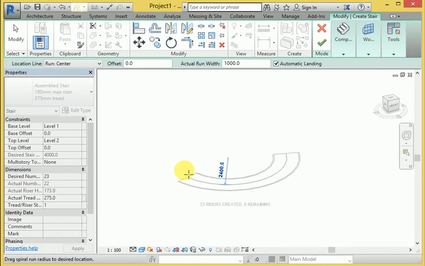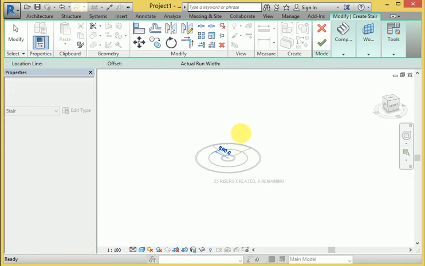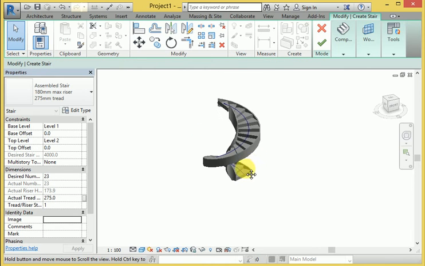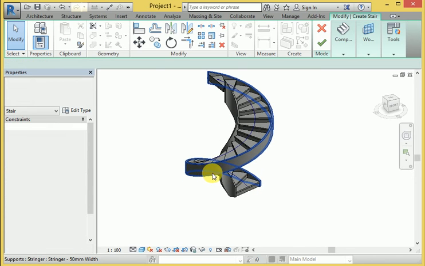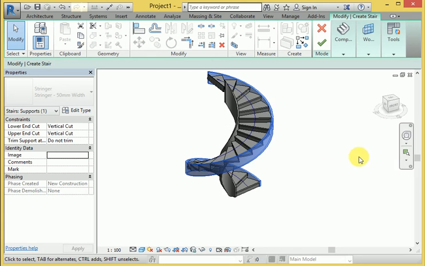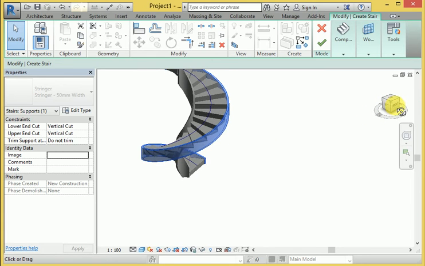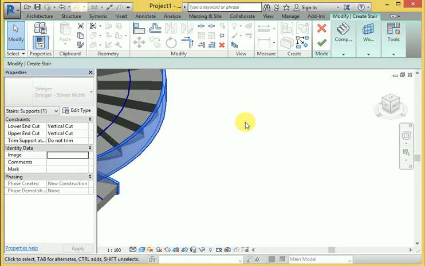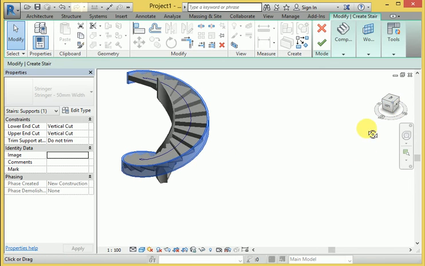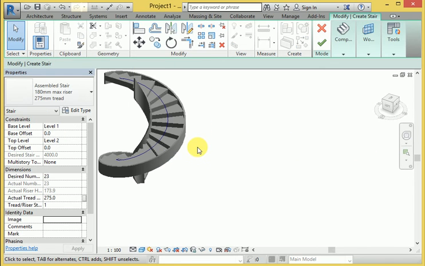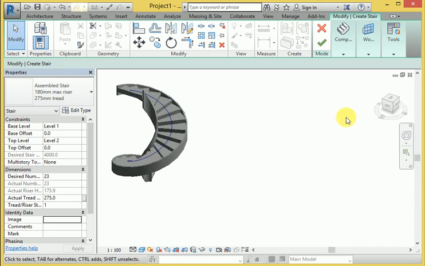So first of all, when I create, look at this full spiral here, start from here and end from here. When I just turn from this stair design, you can see that it is easy to turn from this spiral here.